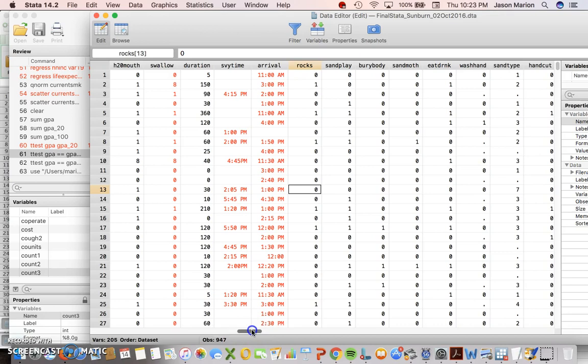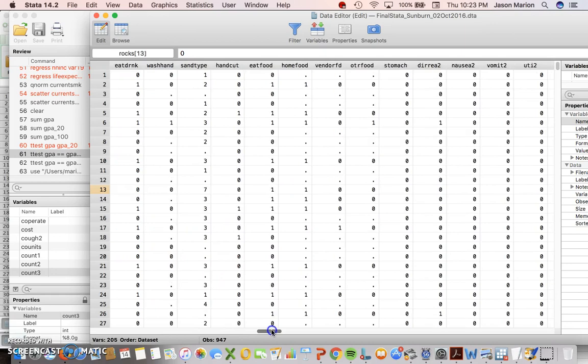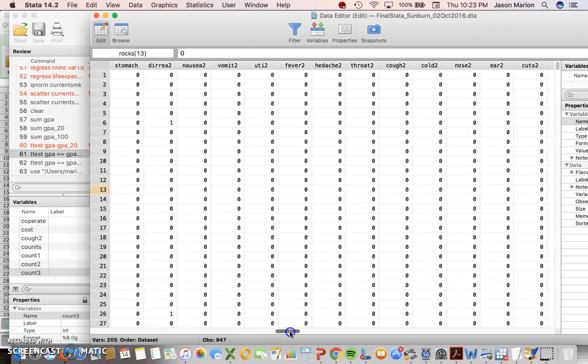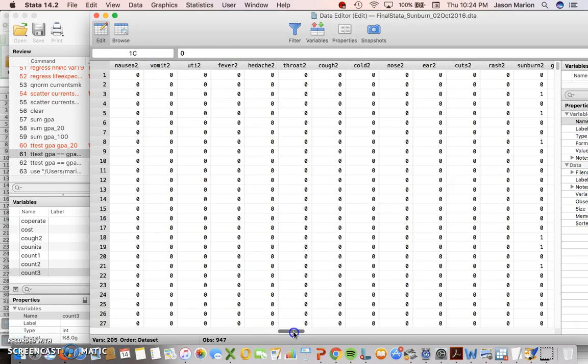Say I'm interested in seeing whether or not people who went swimming in the water were more likely to get a disease or get sick, like diarrhea. Later on in the class, I'll introduce you to how to do logistic regression and that kind of stuff. But this first part of the class was to at least introduce you to the concept of a 95% confidence interval and how to interpret epidemiological study results, because some of that should have been presented to you in an epidemiology class.